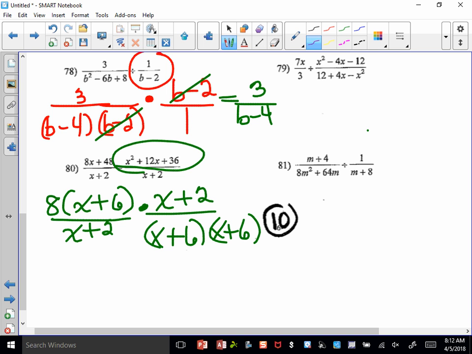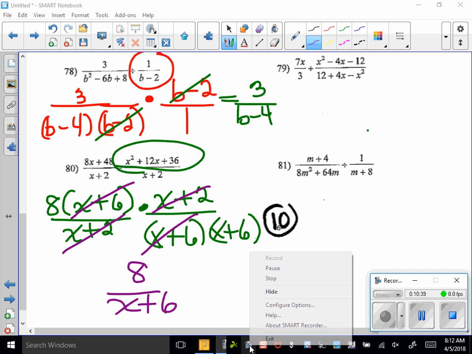Okay. Now I'm ready to eliminate x plus 2's, x plus 6's. So at the top, I'm going to have 8. And at the bottom, I'll have the x plus 6. Say that again? Like on the quiz, if